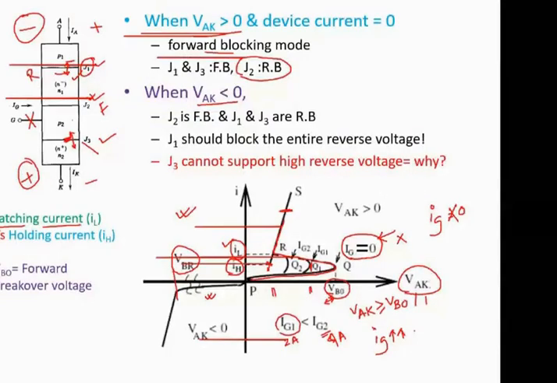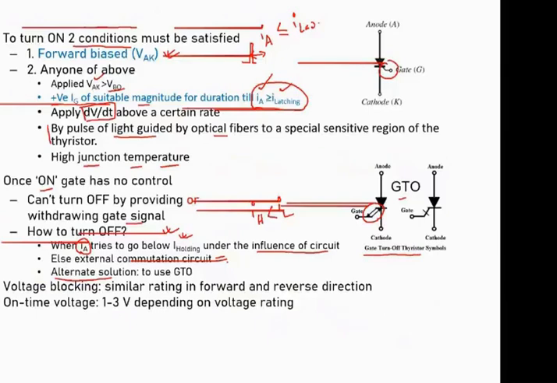But I repeat again, for the thyristor this characteristic should be pretty clear to you. Another important thing you have to realize is that you can turn on the device by providing suitable gate current. Generally, we don't use the other option. We generally use this one. So when the device is forward biased, we apply suitable gate current from the gate drive circuit to turn the device on when we require. And generally, they get turned off when their current goes below this holding current.